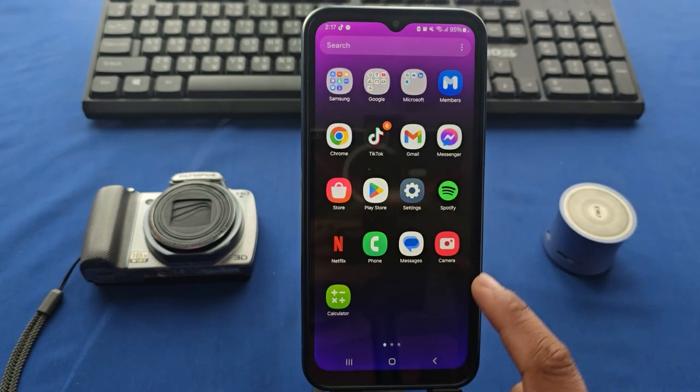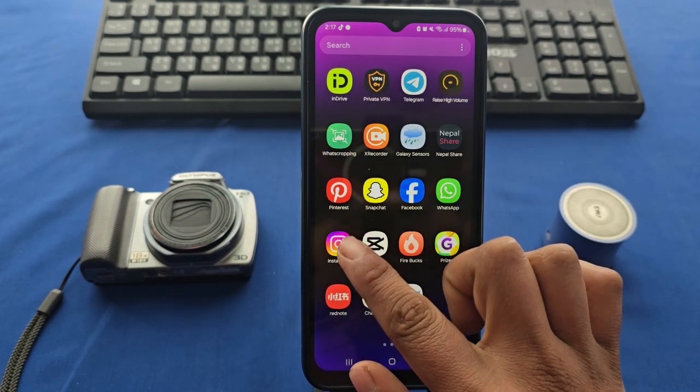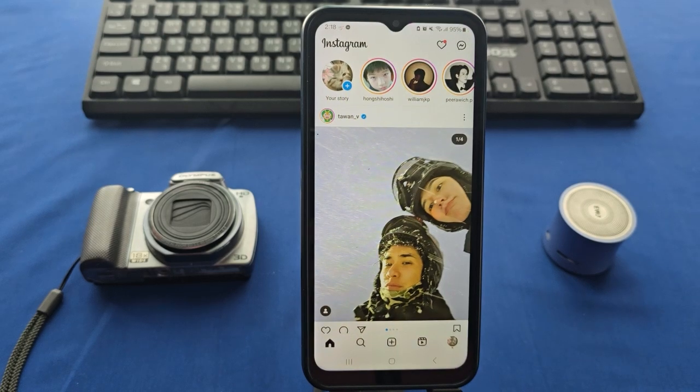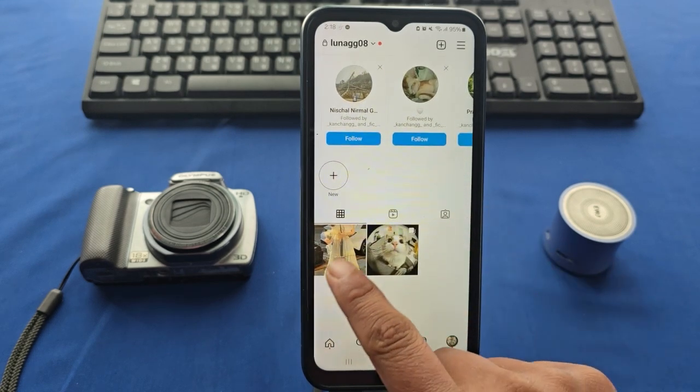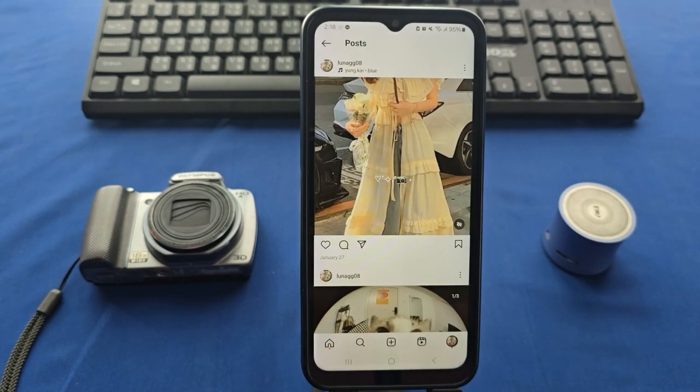At first, go to your home screen and tap on the Instagram app icon, and tap on your profile picture, which is located in the bottom right corner, and select the post that you want to delete. And after selecting the post, you will be able to see the three dot icon, which is located in the top right corner. Tap on that,